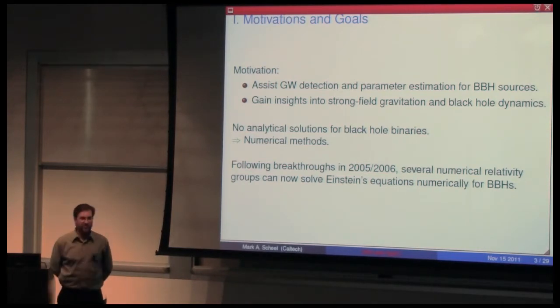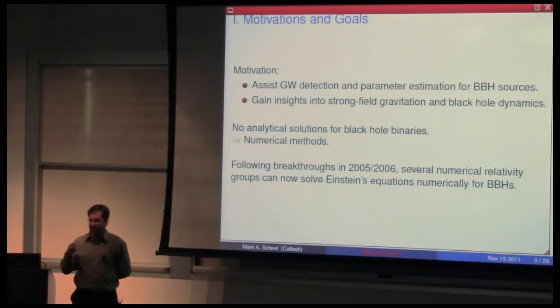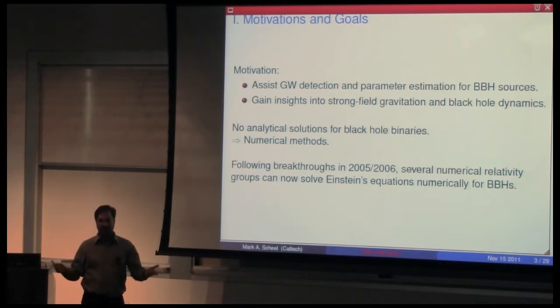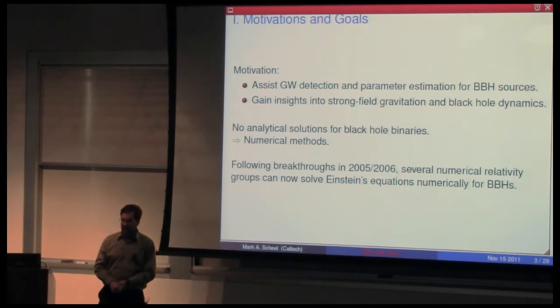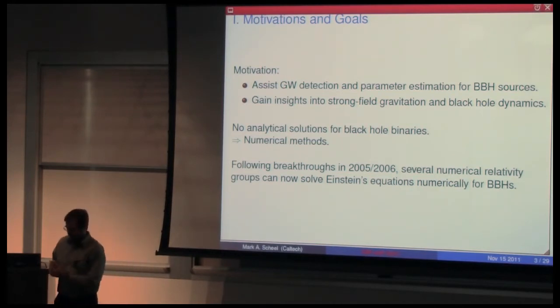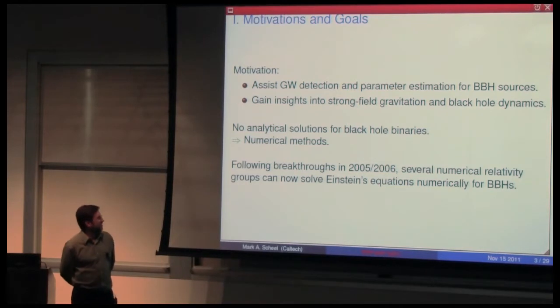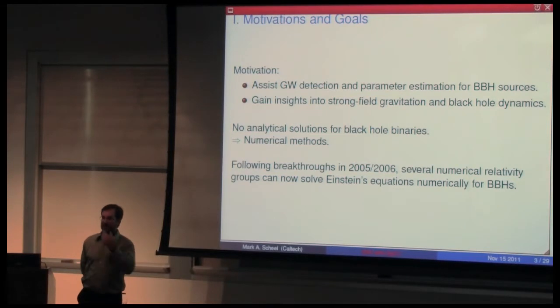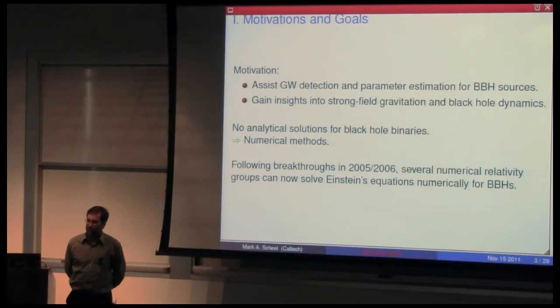So it was realized fairly early on that since there are no analytical solutions for black hole binaries, if you wanted to solve a binary black hole system, you want to solve Einstein's equations and figure out what happens, you really need to go to numerical methods. And people worked on trying to do black hole simulations for a long time, from the 70s on, and there were a large number of problems,